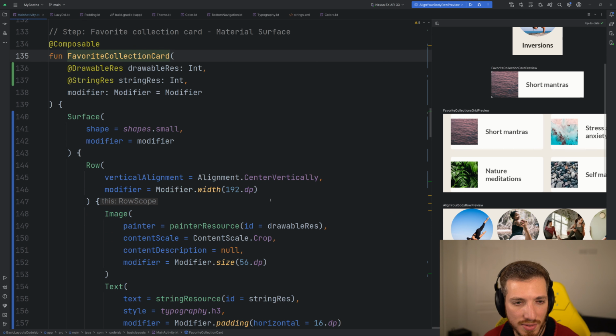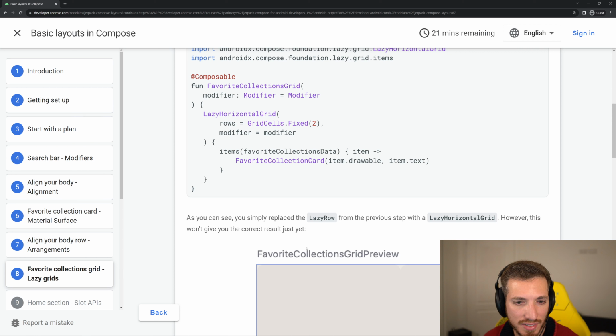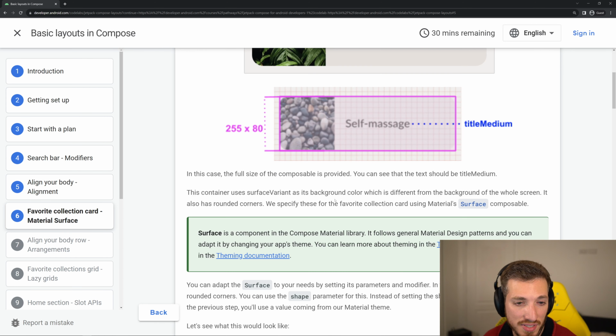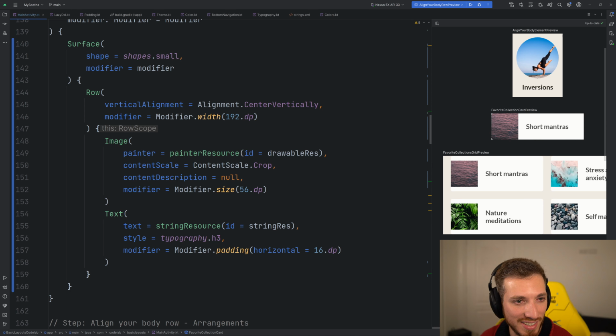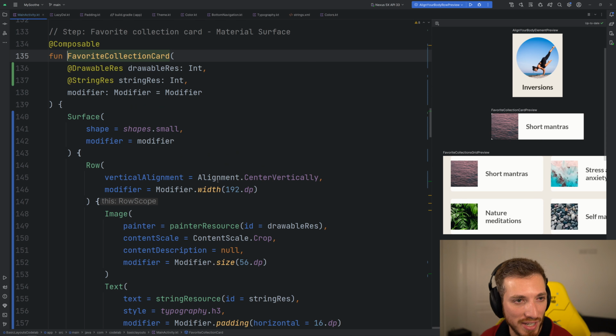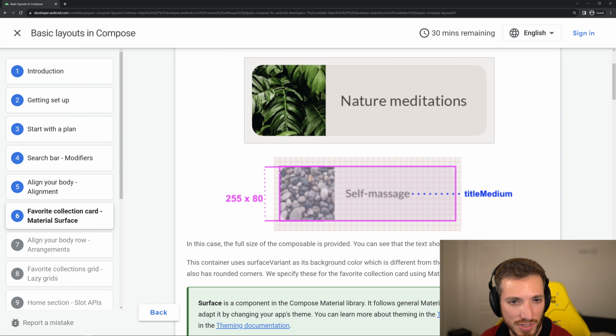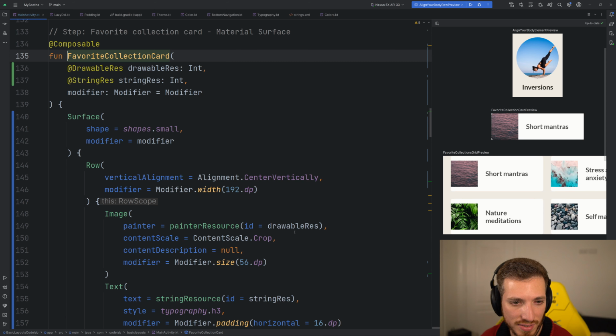Yeah, I wonder why that's showing like that. Let me take a look. Maybe if we go back, right? So let's go back real quick to the individual favorite collection card, because maybe I missed a step here. So these are the specifications actually. So it's definitely wrong in that sense for the most part. Just right off the bat, for example, this card I put 192 DP for the row when it should